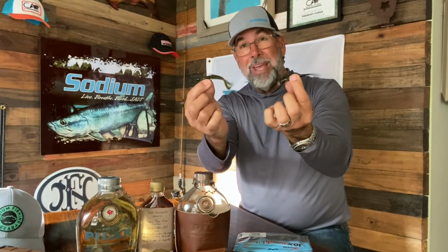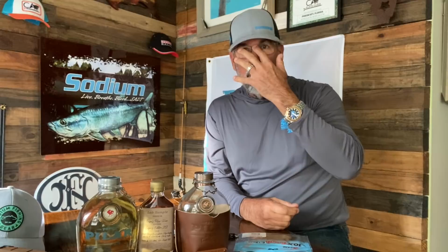But these two small baits really do produce big time results and big time fish in those creeks when it starts getting cold. And what's cold? It's really relative to where you fish, whether you're in the Carolinas or Georgia or the upper Gulf Coast, Louisiana, upper Mississippi, anywhere there in the Panhandle. But for us, once that water temperature starts getting in the low 60s, it's pretty cold. And with these smaller baits, sight fishing these super shallow creeks where we can see them and catch them, these baits